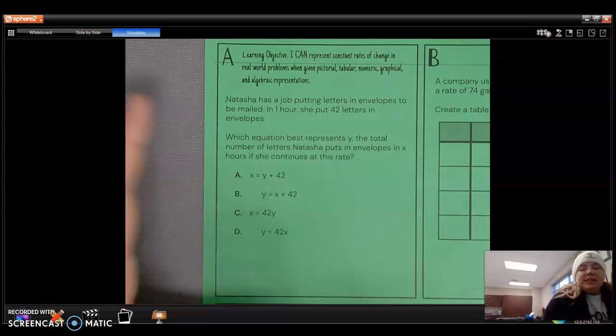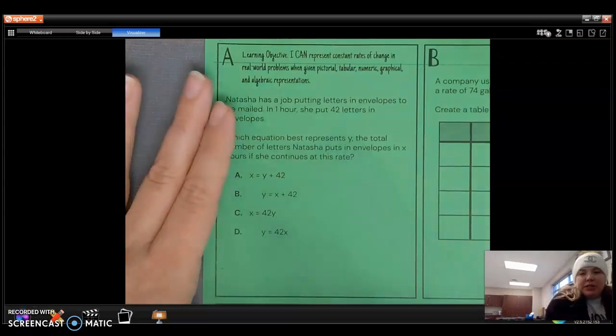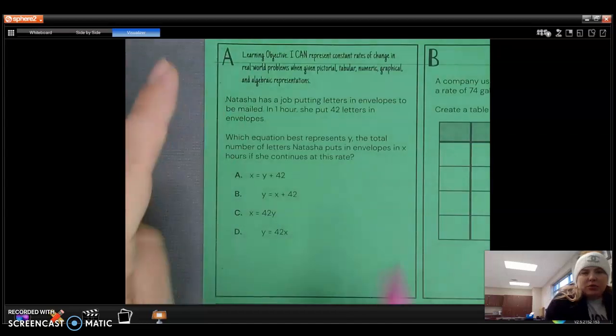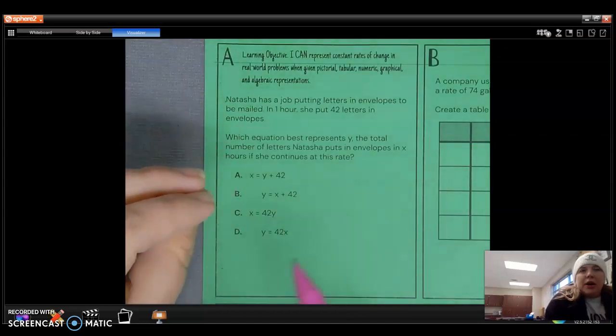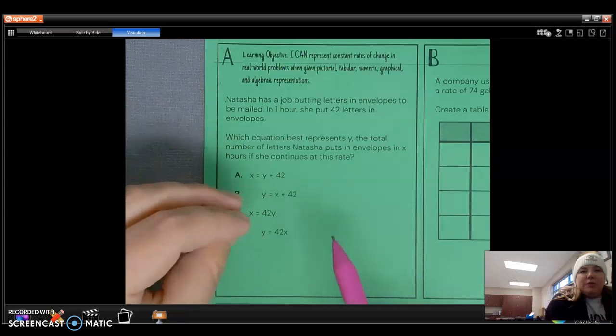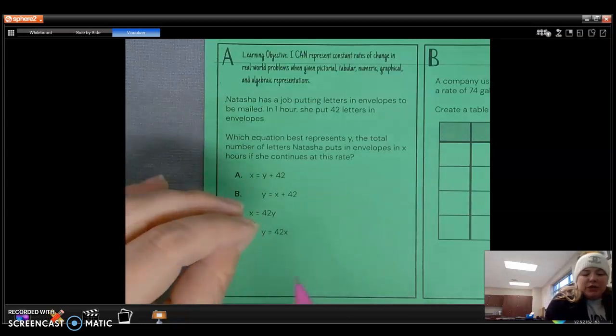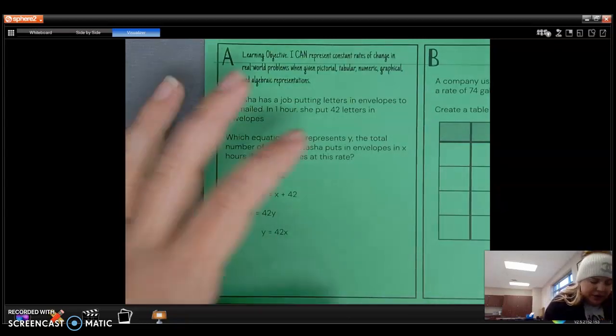Okay, guys, this is going to be your warm up for the day. Remember, this is a "what would Mrs. Brown do" situation. These are the most missed standards from our semester exam. This one is